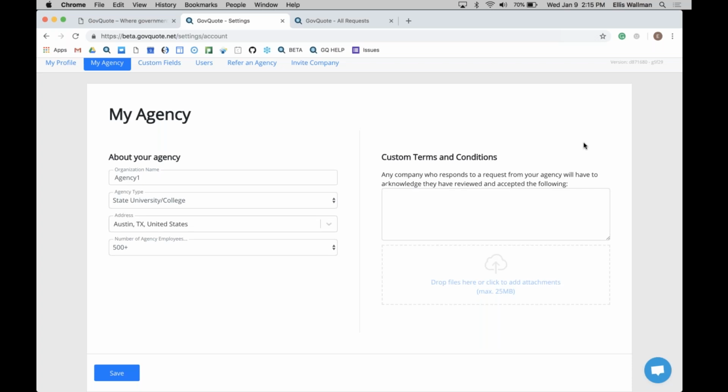What this allows you to do is add in any terms and conditions any vendors need to abide by before submitting a quote over to you. You can include your formal document that has your terms and conditions. You can summarize it and just type it all out right here. You can even